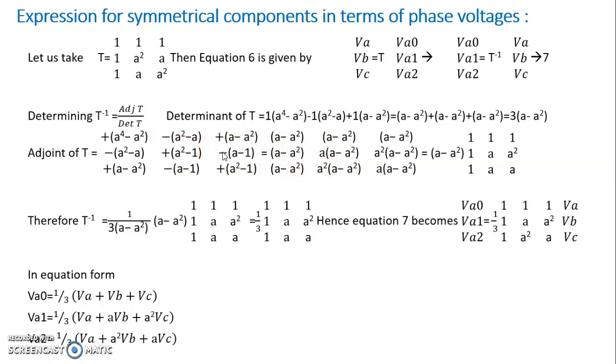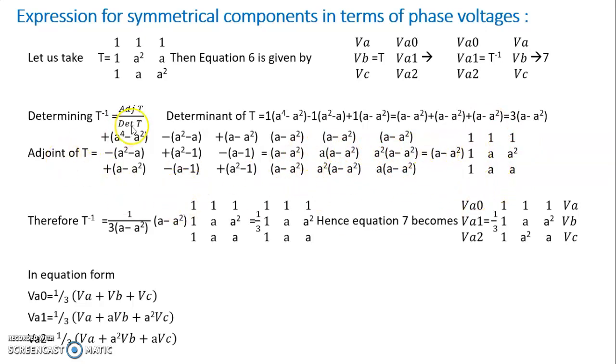Here I will multiply a square into a minus a square. If you multiply again, you will retain the same: a square minus a to the fourth, where a cube is 1, and a square into a square, a raised to 4, equals a. The same we have maintained here. Then similarly here, kept as it is. This we will replace by the same value, and this also is the same value we have replaced. The same we have kept here. Now in this whole matrix, a minus a square is common, and I have taken it out. Then if I take a minus a square common, the remaining is 1 1 1, 1 a square a, 1 a a square. I have kept it. So here it should be a square.